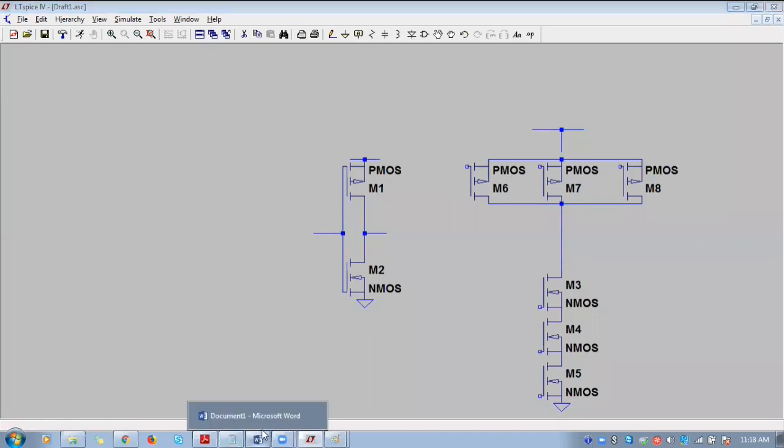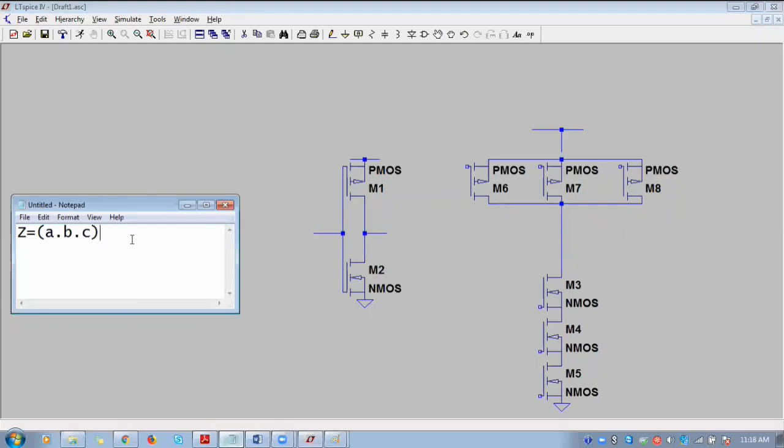So if the case is A dot B dot C, whole bar is not given, for example, at that time, we have to remember that CMOS design can only provide inverted logic at the output. So whatever we are drawing here is the inverted logic, that is A dot B dot C whole bar.